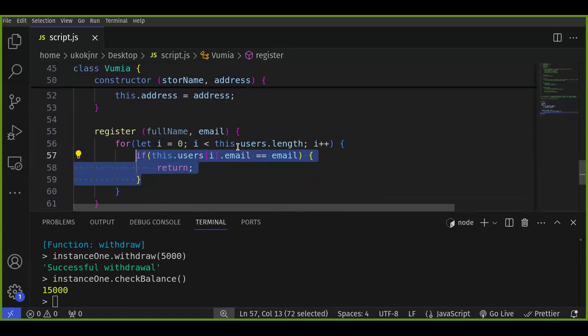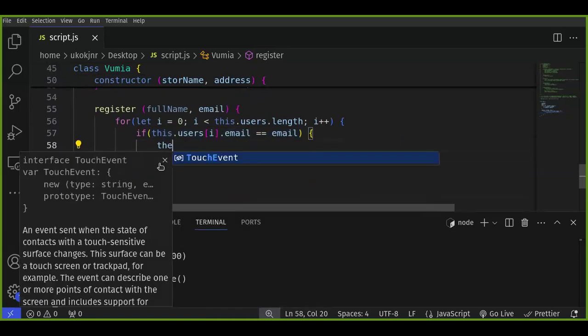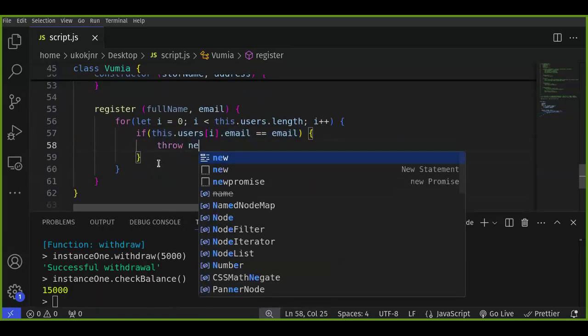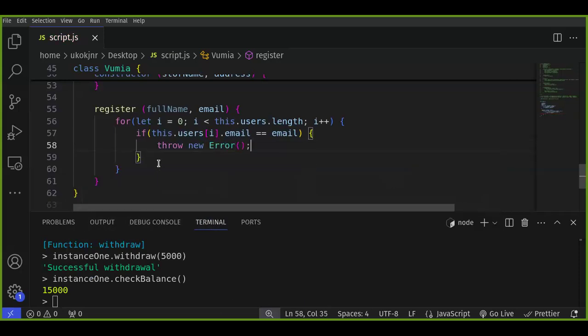If it finds out there is a user in the array of users that is using the email that you're trying to register, maybe you should, instead of return, you should throw a new error. And the new error should say